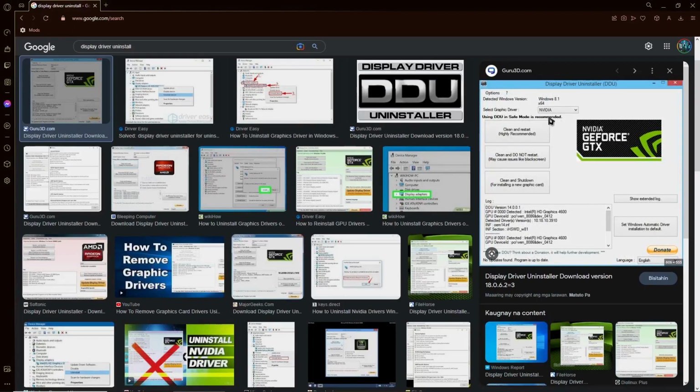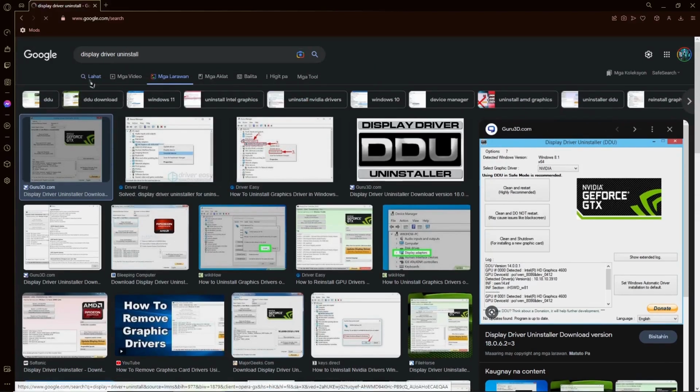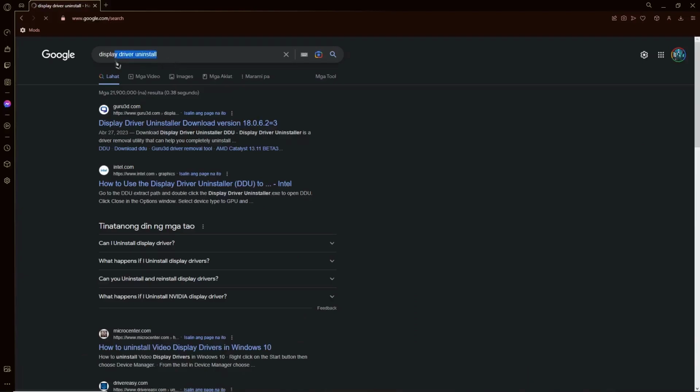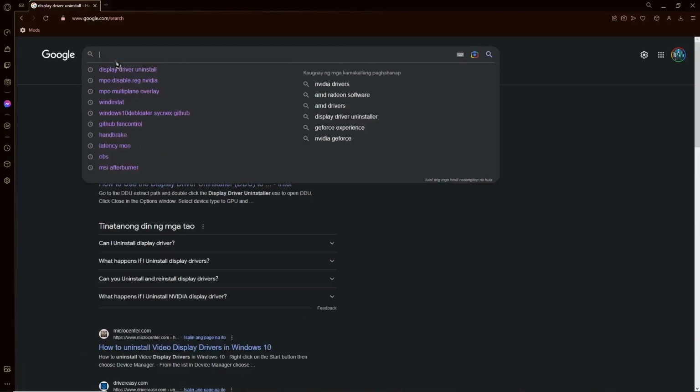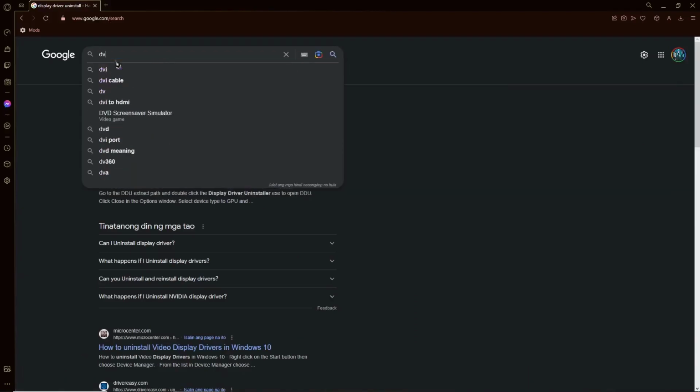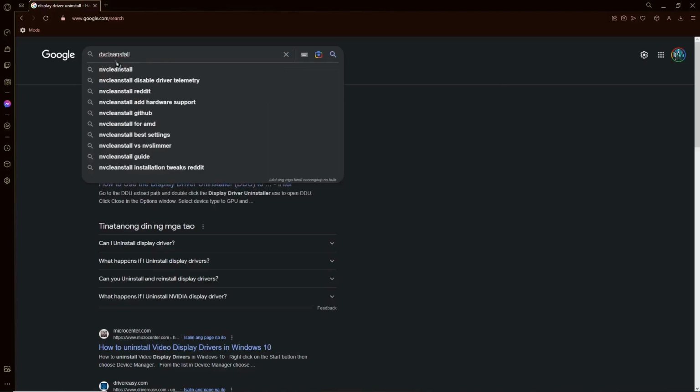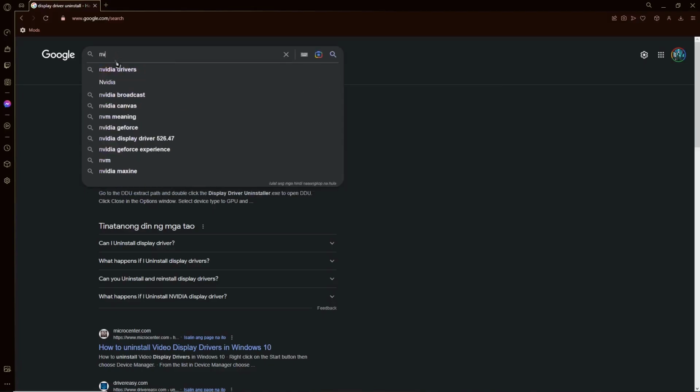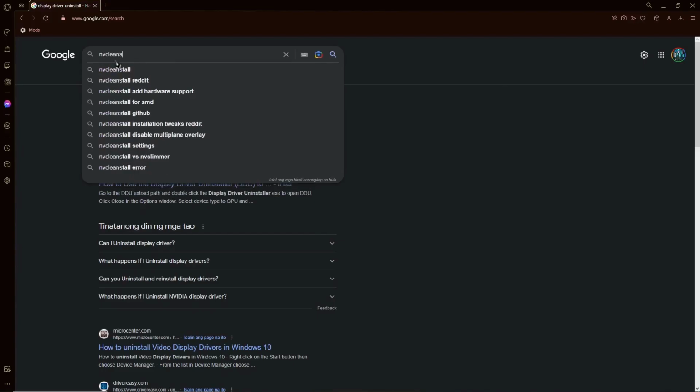You can use it for AMD or Intel, whatever you want, so that you could have fresh drivers. And another one that I can show you, if you're using an NVIDIA driver, is NV Clean Install,